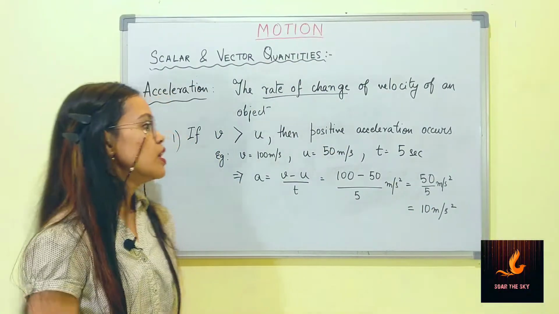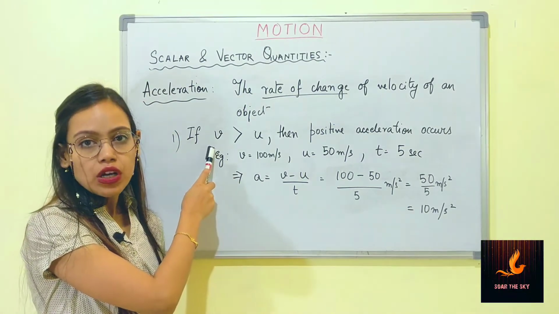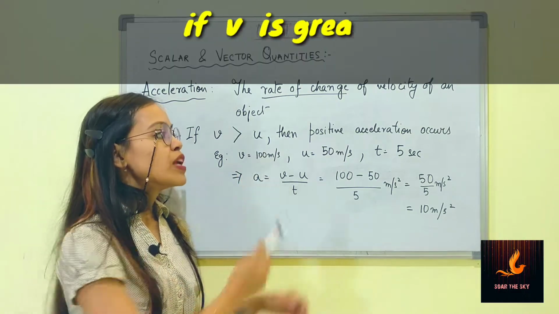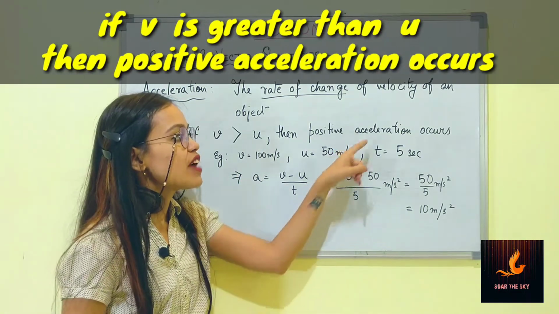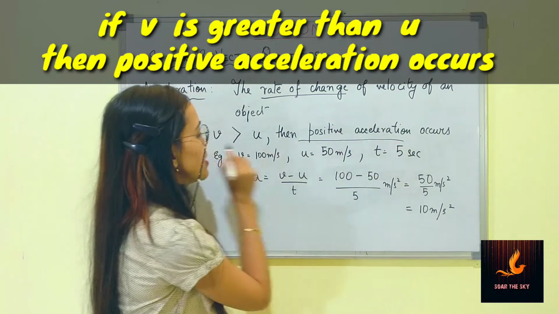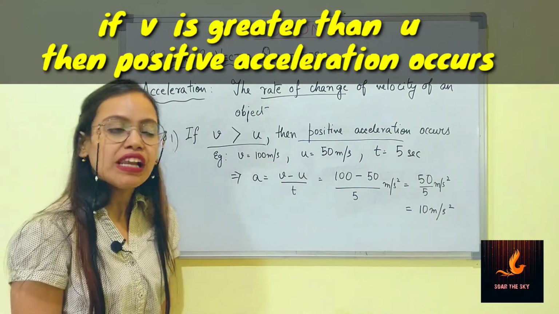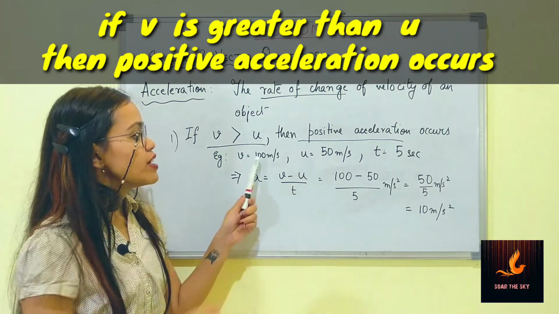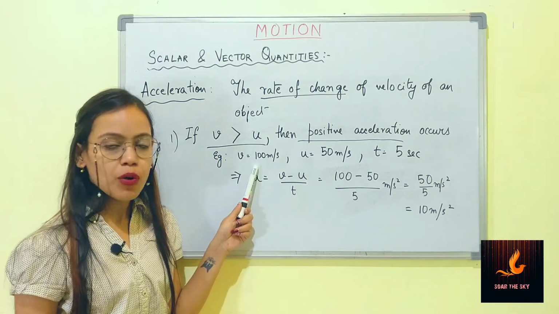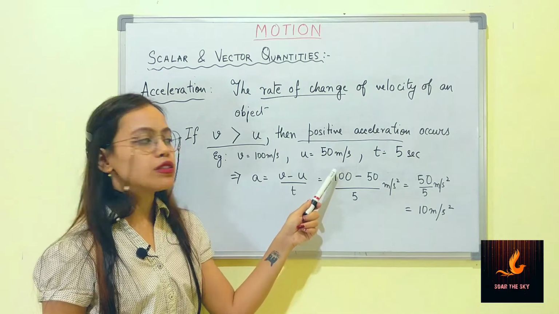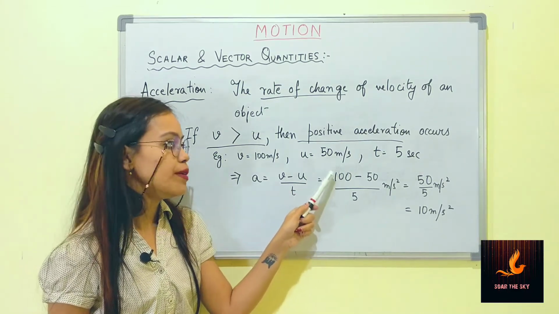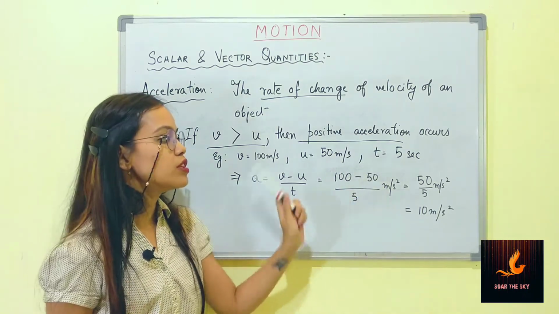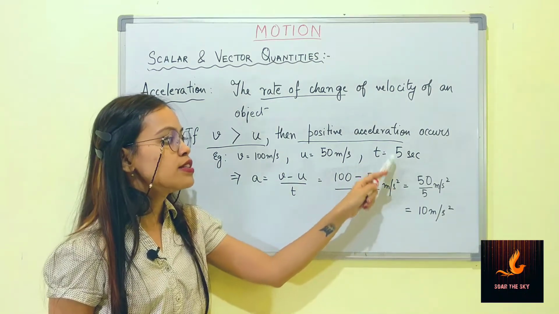So if the final velocity V of a body is greater than its initial velocity U, then we will have positive acceleration. For example, here V is 100 meter per second of a body, U is 50 meter per second, that's the initial velocity of the body, and the time taken in changing this velocity is